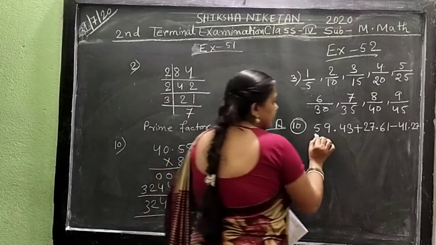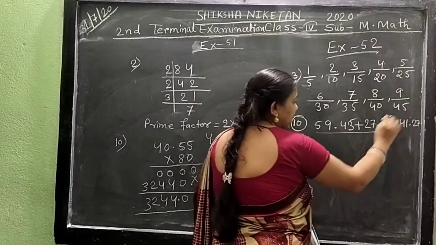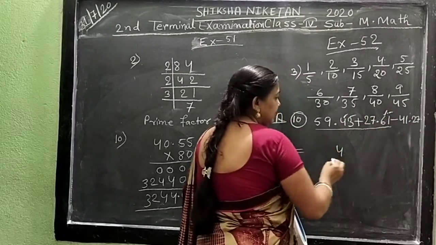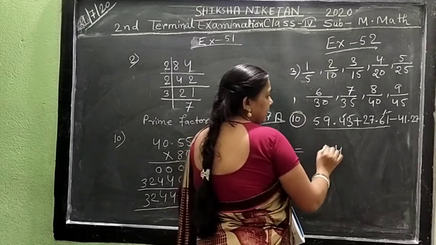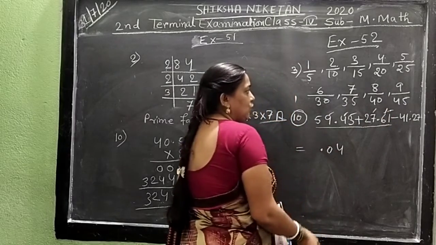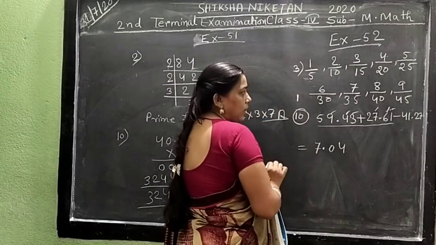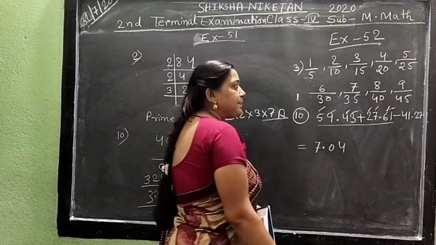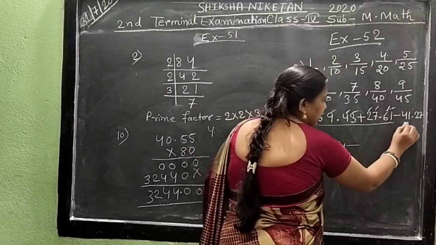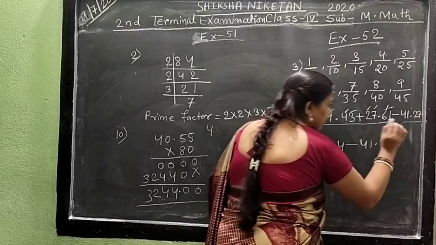Okay. First I add those numbers. 3 plus 1, 4. 4 plus 6, 10. 10's 0, carrying over 1. We put the decimal. 9 plus 7, 16, carrying over 1, plus 1, 17, 7 carrying over 1. 2 plus 5, 7, carrying over 1, 8. Write here this number 41.27.